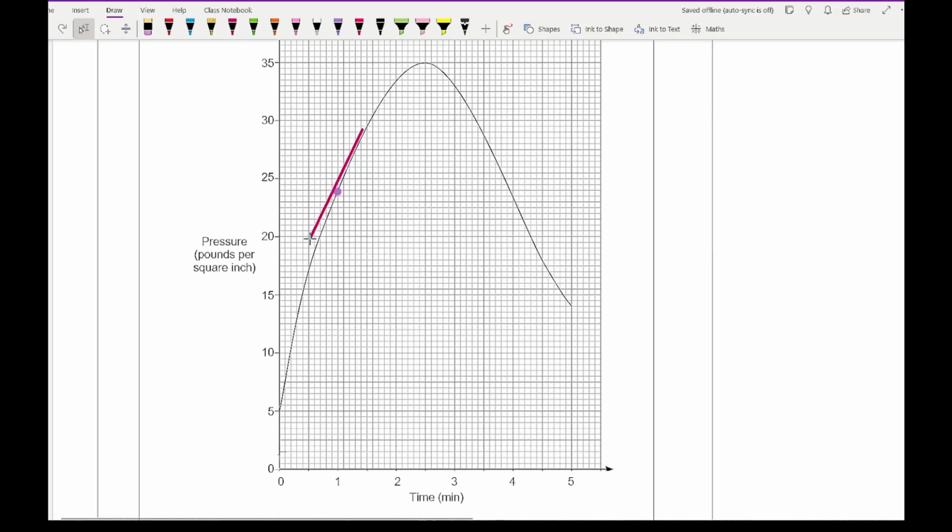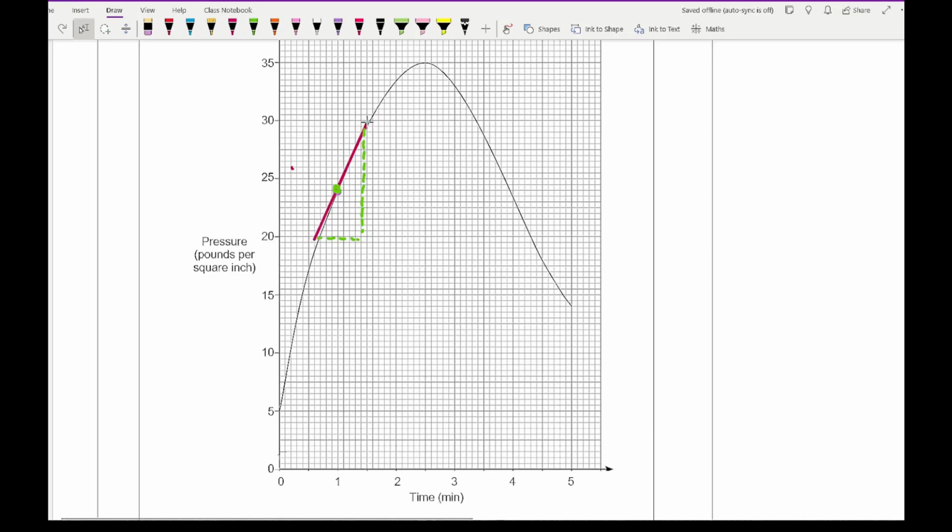Now, with these tangent questions, you need to make sure that, one, you're drawing a tangent. You have to draw a tangent at this point. You have to mark the point, which I've done here. And then what you want to do is, using the scale, work out what they're going to be. So generally speaking, looking at this, if I extend that line, it's going to mess up the